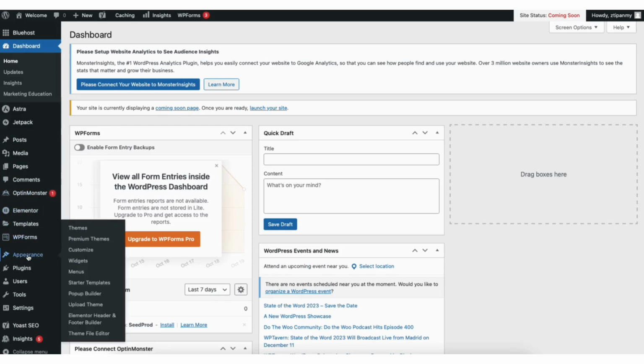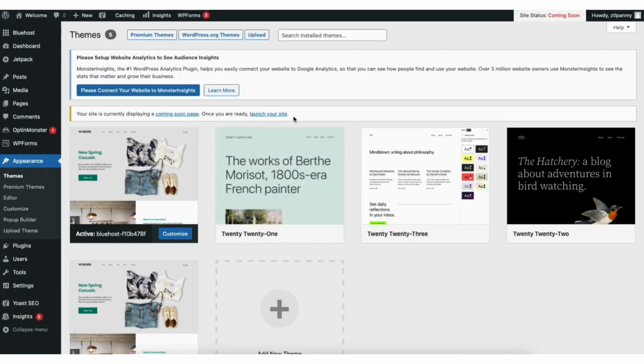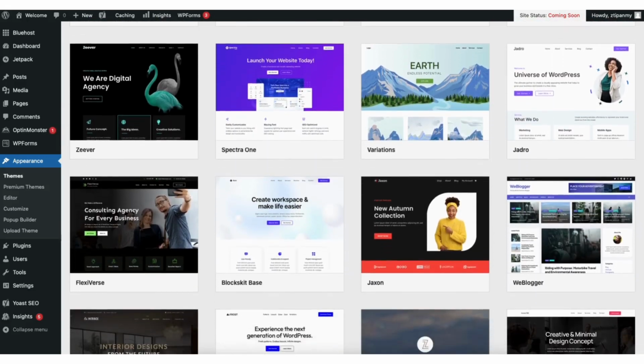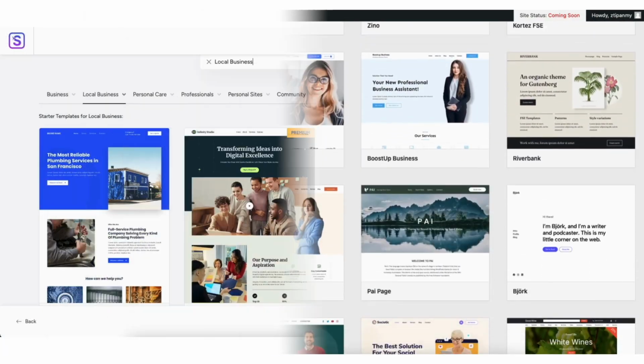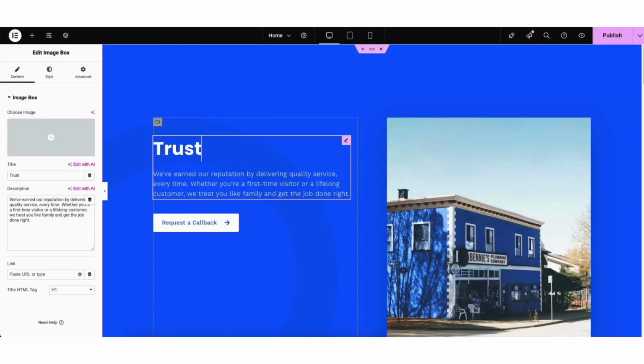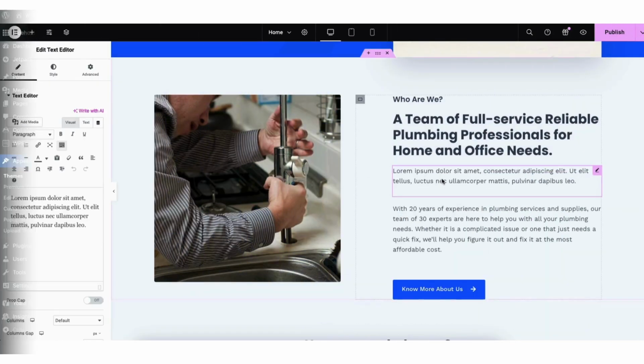To pick out a theme for your site, on the far left you will see tabs. Find the Appearance tab and hover over it. Click Themes as we can pick out a theme for your site. Next, click Add New Theme. You'll now see WordPress themes that you can choose from. There's thousands of free themes to choose from. Now I want to show you how to access free professionally designed WordPress themes and how to edit them easily with the drag and drop editor.